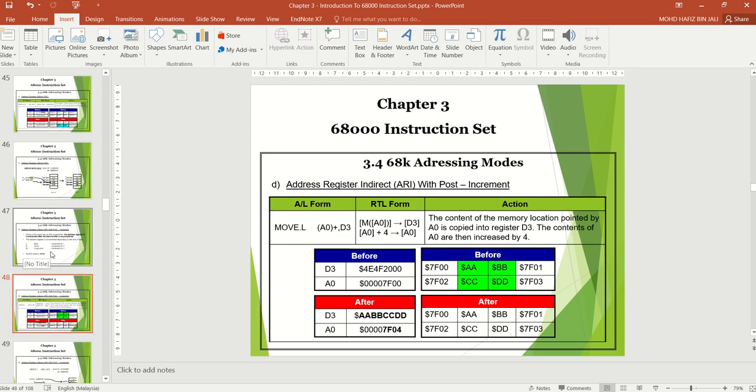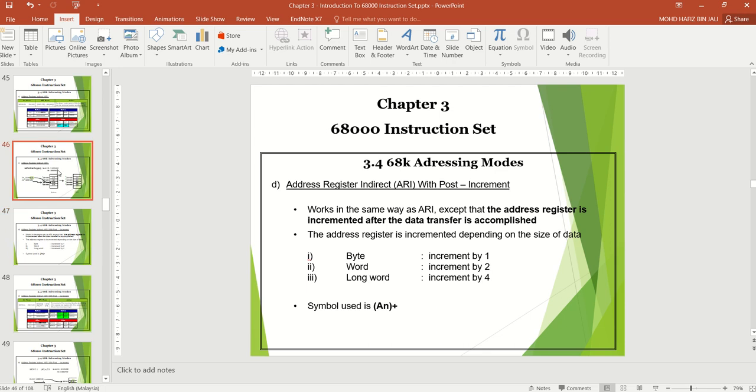Next is address register indirect with post-increment. This is also very important. It works the same way as the previous ARI, except that the address register is incremented after the data transfer is accomplished.